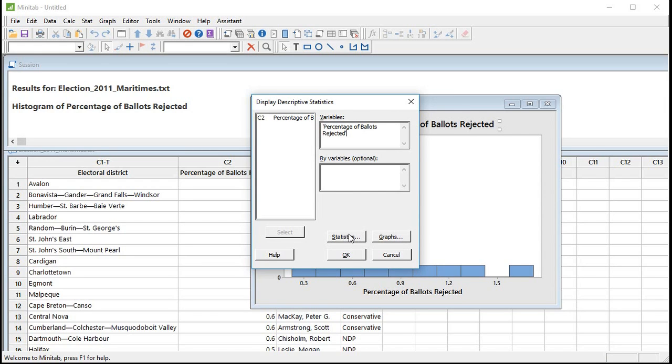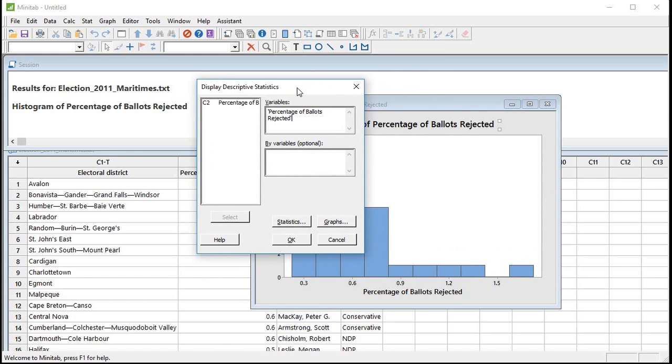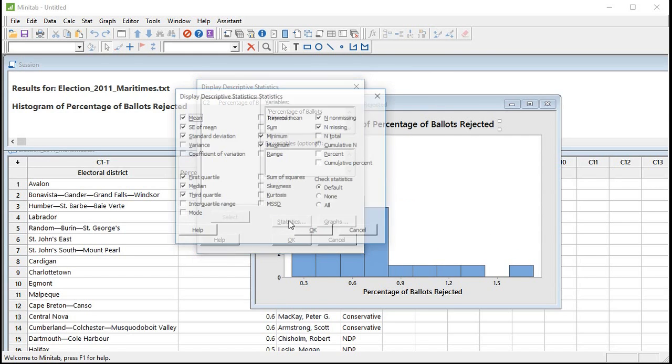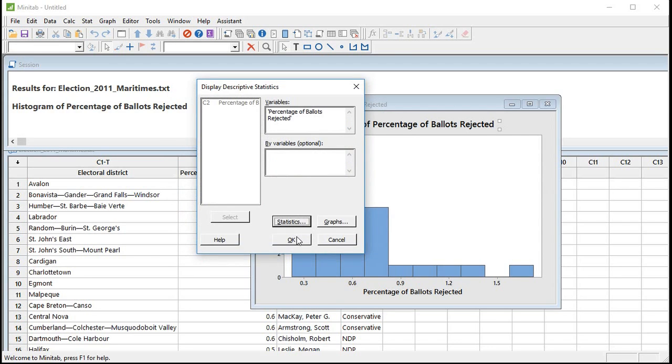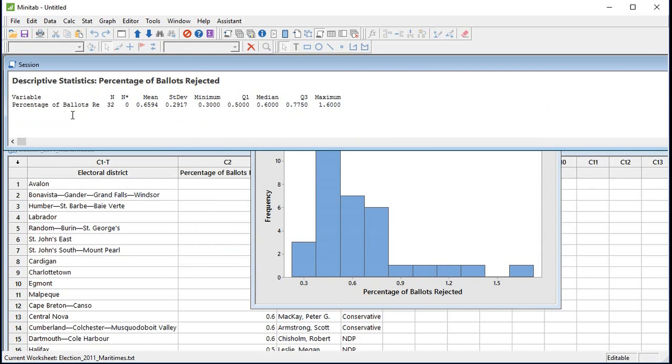And then in my dialog box, I click on a button called Statistics, and I can choose the statistics that I want. For example, I don't necessarily want SE of mean, so I'll take that out, but I want to keep the mean, standard deviation. I want to keep the quartiles, the median, the min, the max, that's fine, and then the number of observations. Okay, so then if I press OK, Minitab is going to give, in the output window,